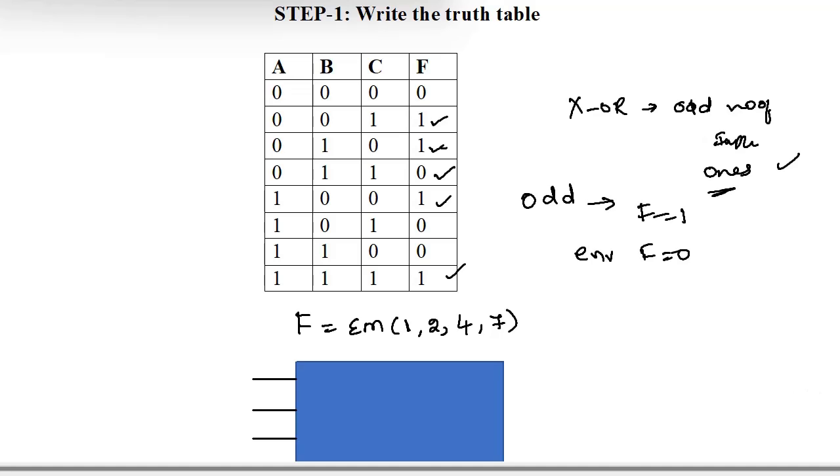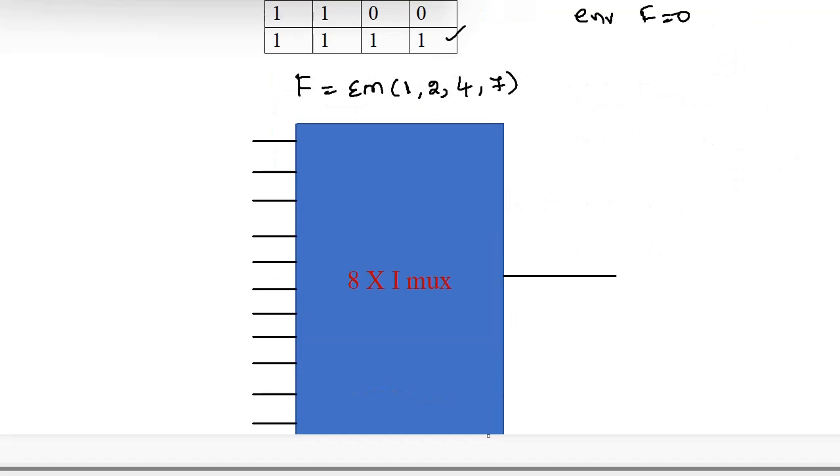In the 8x1 multiplexer we have 8 inputs. Out of these, 3 lines are select inputs and there is one output variable. So here f is my output variable and the inputs are A, B, C. Here A, B, C are the select input lines, that means S0, S1, S2 are the select lines and the data lines are D0, D1, D2, D3, D4, D5, D6 and D7.